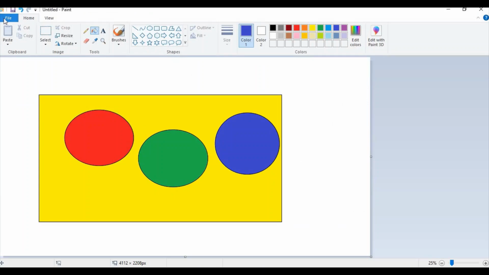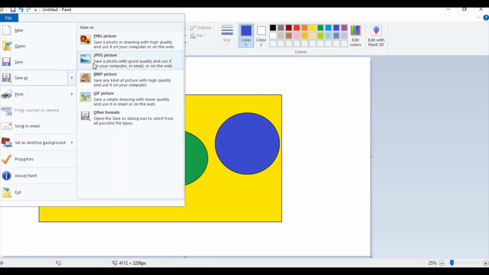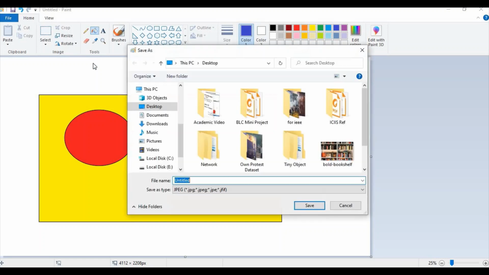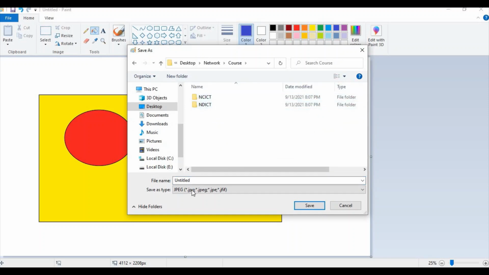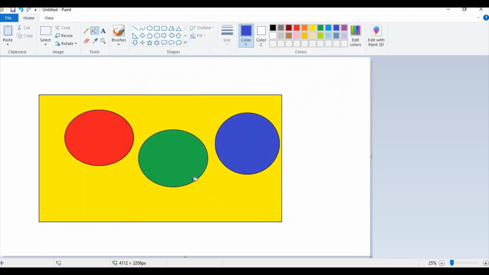Just open the file, save as JPG, then go to the desktop, network, course here, just save.